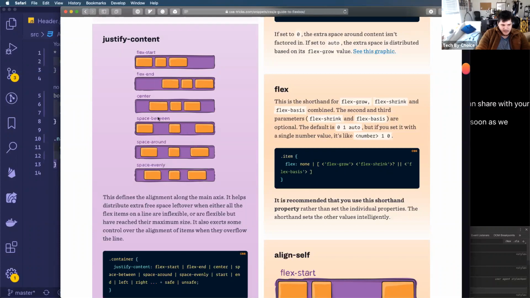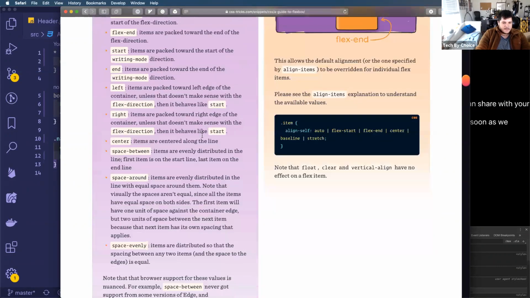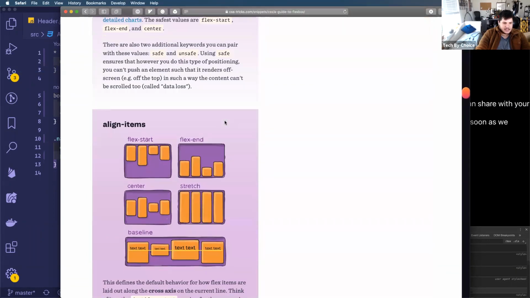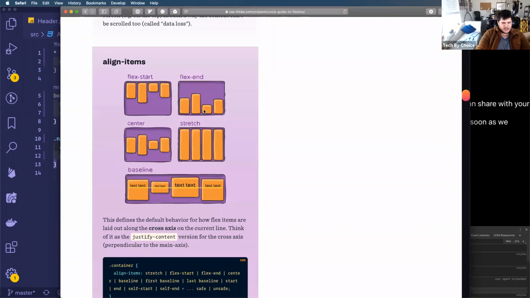They should have space in between or around them. You could denote for specific elements where they should be inside of a container. You could also align things really well. And I like the joke that,